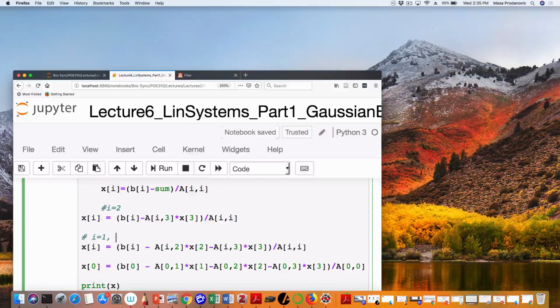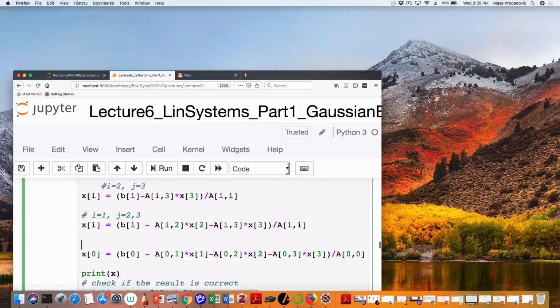So for i equal to 1, j is 2 and 3. For i equal to 2, j is 3. And for my last thing, when my i is 0,